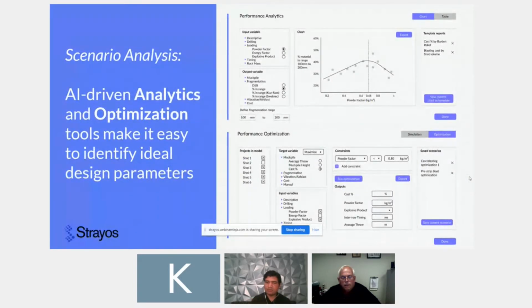As you start gathering more data, you can not only build the performance analytics and dashboards in one place, but start to optimize and run simulations, what shot correlated to what type of performance. And if I change certain parameters, would I get an optimized result? And then correlate back to the historical data, but also look forward into your design processes here. And that's the beauty of keeping the design part as well as the analytics part in one place. So that's a bit more about Strayos.